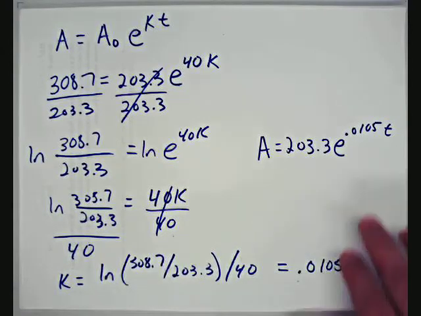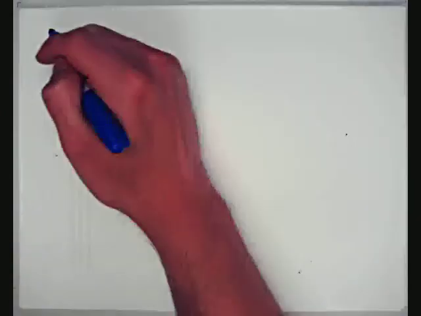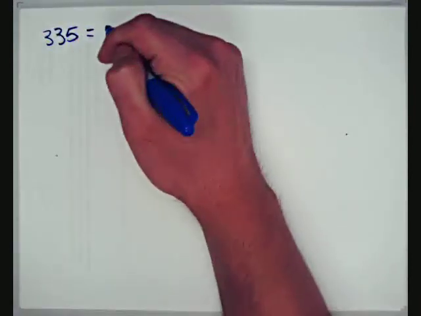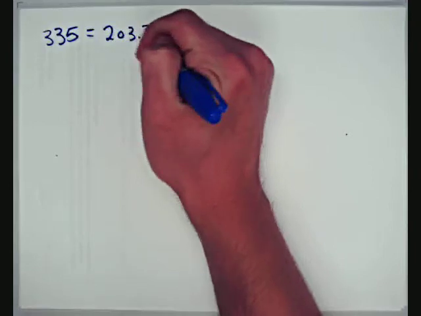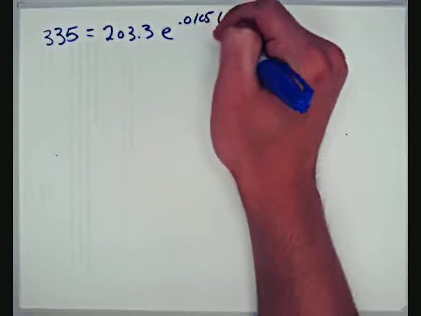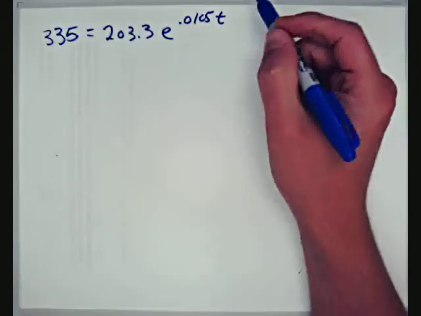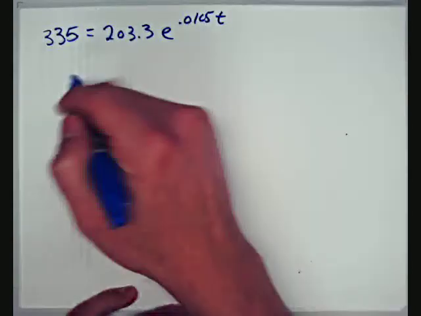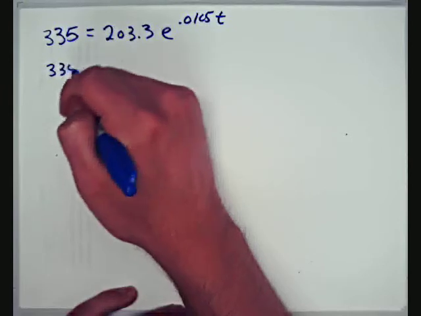Part B asks you to, according to the model, by what year will the population reach 335 million? So we're given a future amount and asked to find what year that will happen. So 335 million is our future amount, and that will equal 203.3 e to the 0.0105t power. We'll solve this for t identically to how we just solved for k, by first dividing by 203.3 million,